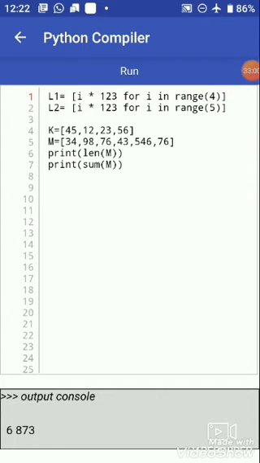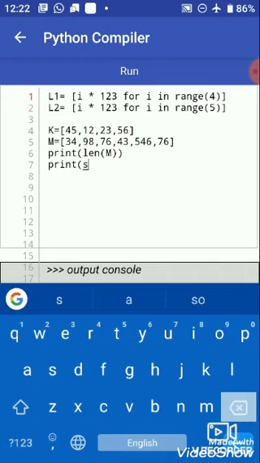After the sum function, Python also provides some list methods like append, index, insert, sort, remove or reverse. So let's run these methods. First we use append, which means adding elements to a list.